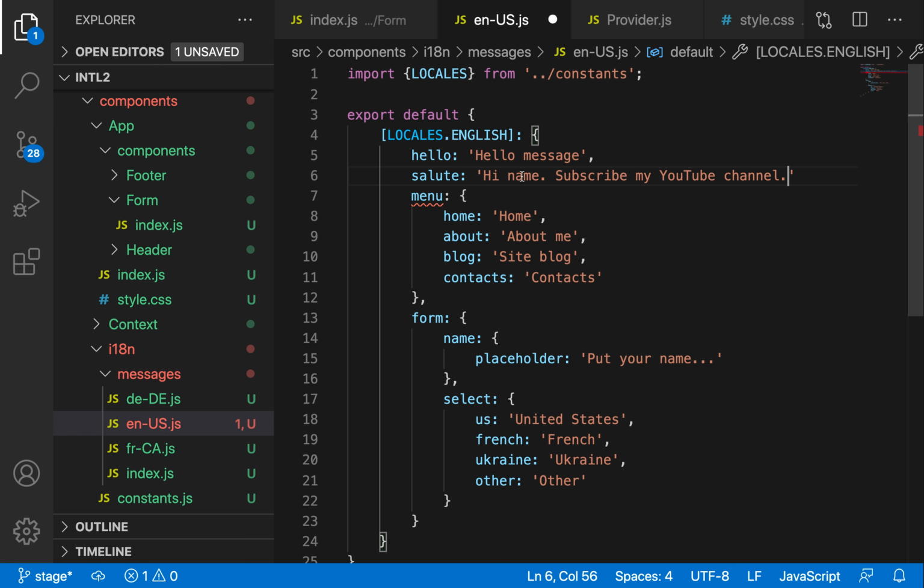How can we put a name? It's a calculated field and we don't have it. So we can use a specific syntax with curly brackets and put name. And now when we use salute, for example,